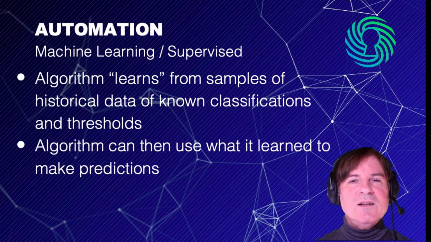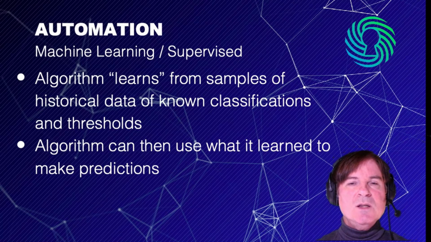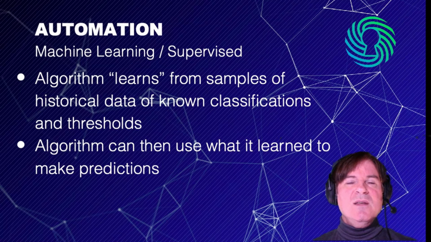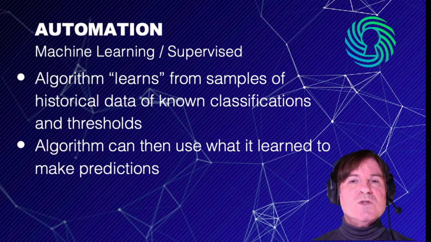Our second and final area of machine learning is supervised machine learning. We're going to do this very quickly. We'll cover this in another video, so this probably won't do it complete justice. But essentially, with supervised we mean that we already know what the data is. And from that, the machine learning algorithm will learn from this historical data, and then will learn those patterns as a way of predicting future classifications or events.